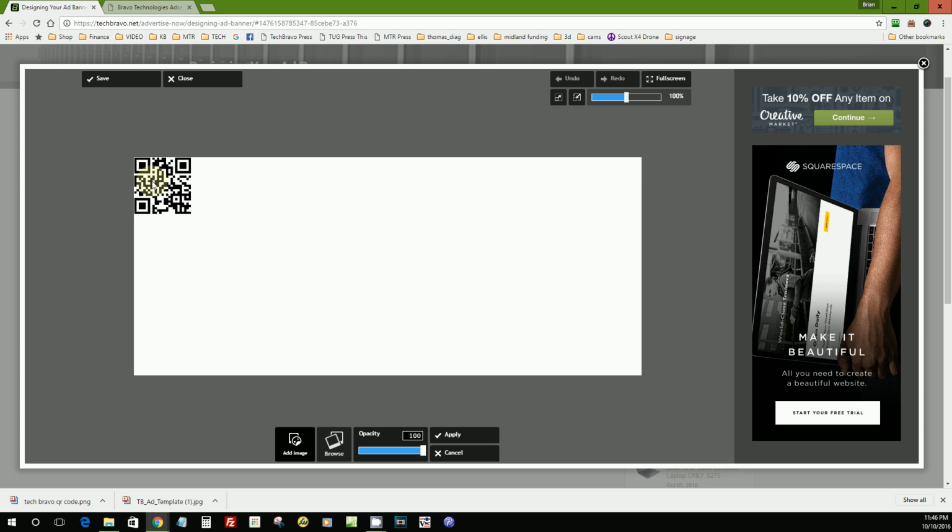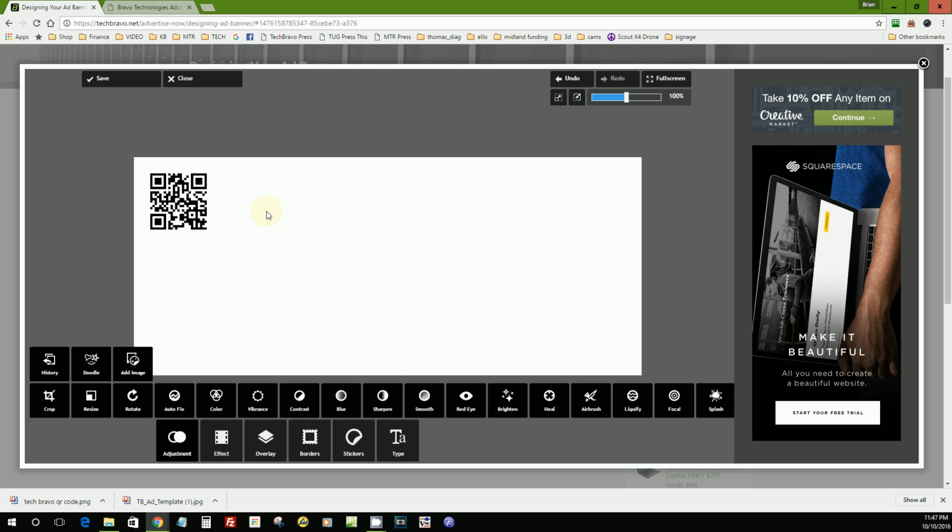And you don't want it too close to the edge, because on some displays this margin all the way around the outside, depending on the display and the aspect ratio and the way it's set up, it may go out over the edge and you may not get it all. So leave yourself a little room in here. You don't have to have everything way out to the edge. You want to keep this whole thing short and sweet, because they're only going to be looking at it for 10 seconds. So you don't want to put too much information over there. There'll be an overload. So after we get that in place, we're going to hit apply,